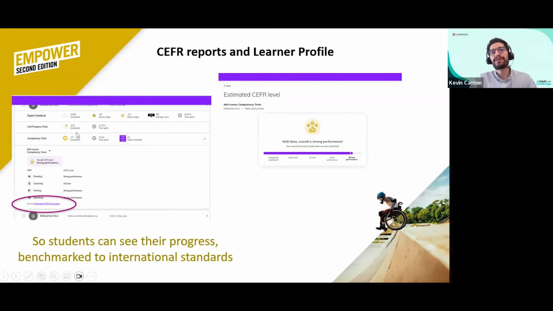This point is also very relevant: the reports. Right now, unfortunately, I'm not going to go through the exact process you would take on the Cambridge One platform, but you can generate reports.